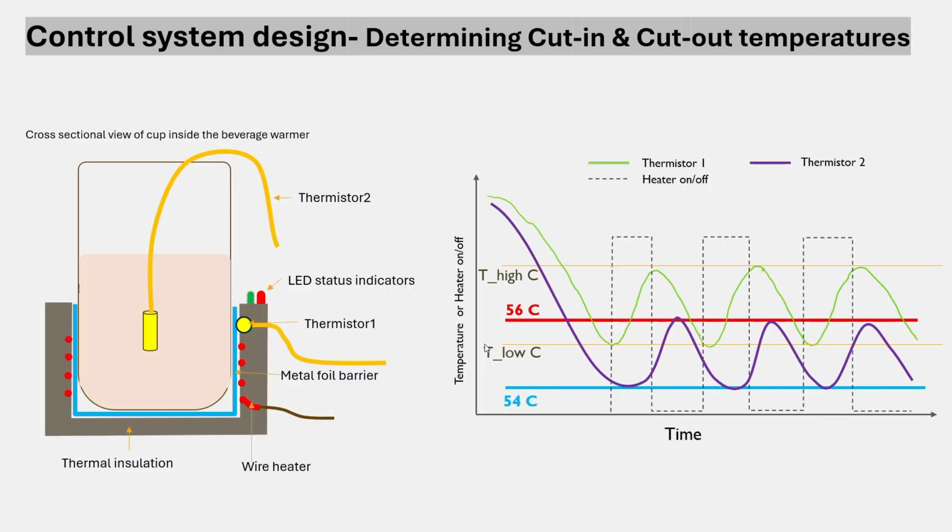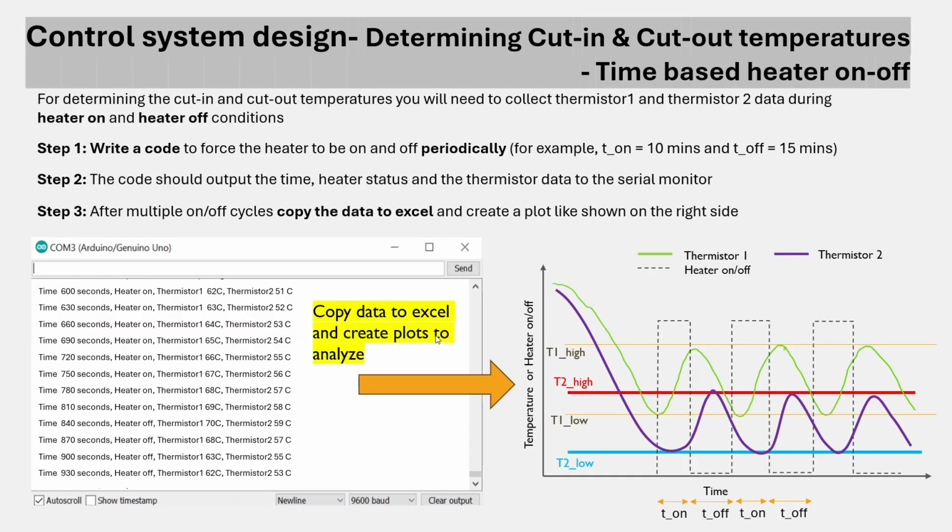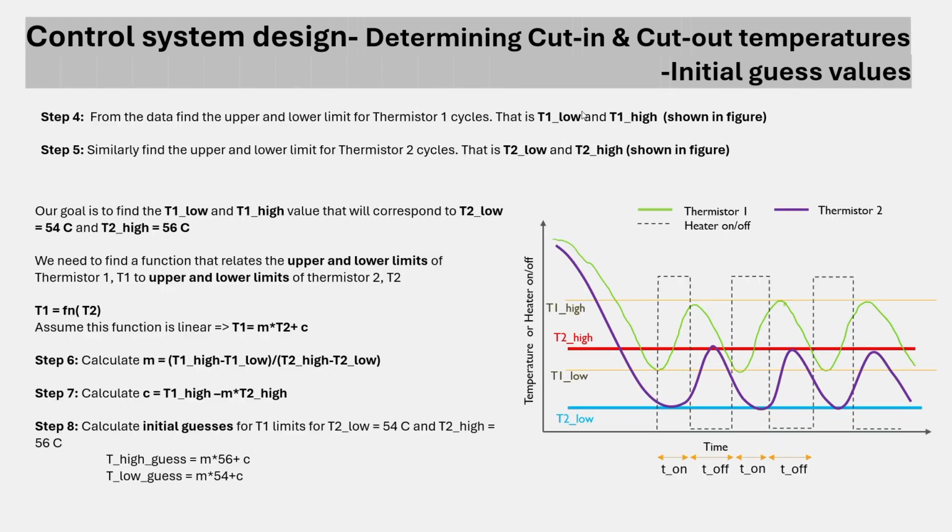And thermistor 1 basically means the thermistor on your beverage warmer. Thermistor 2 is the thermistor of the water, or thermistor located in the water. Okay, so find the min and max on these stable cycles for the green thermistor, which is thermistor 1, and also the T2 low and T2 high for the purple. Okay, so once you have those two things from the Excel,